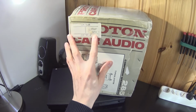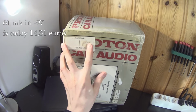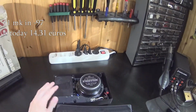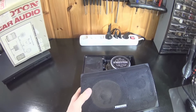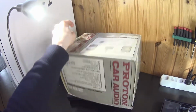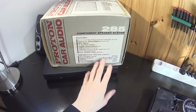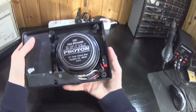If this sticker is correct, these cost 61 Finnish marks in January 1997. That's very good value for a product of this quality. I don't know, was that a retail or sale price? I think my friend bought these as the last models at a lower price. Even if the retail was 4 times this price, I think these speakers would be good value even today,